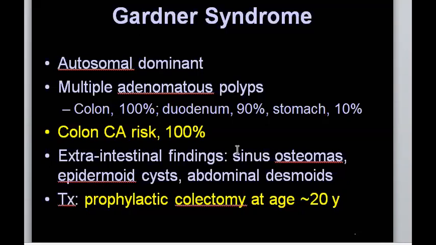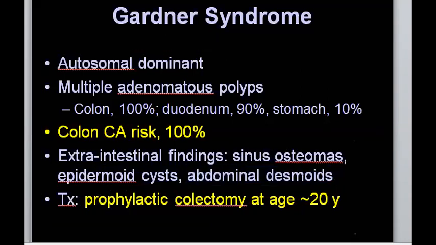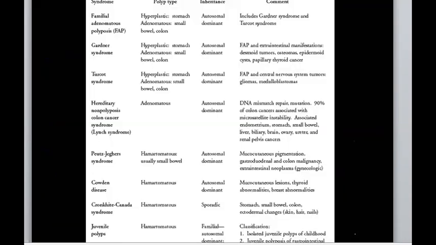So if he gave you a head and neck case, you will find sinus osteomas. If he gives you maybe a brain case or head and neck, you find dermoid cysts, and finally you'll find abdominal desmoid. This is what's called Gardner syndrome. And in the textbook, you will find many types of